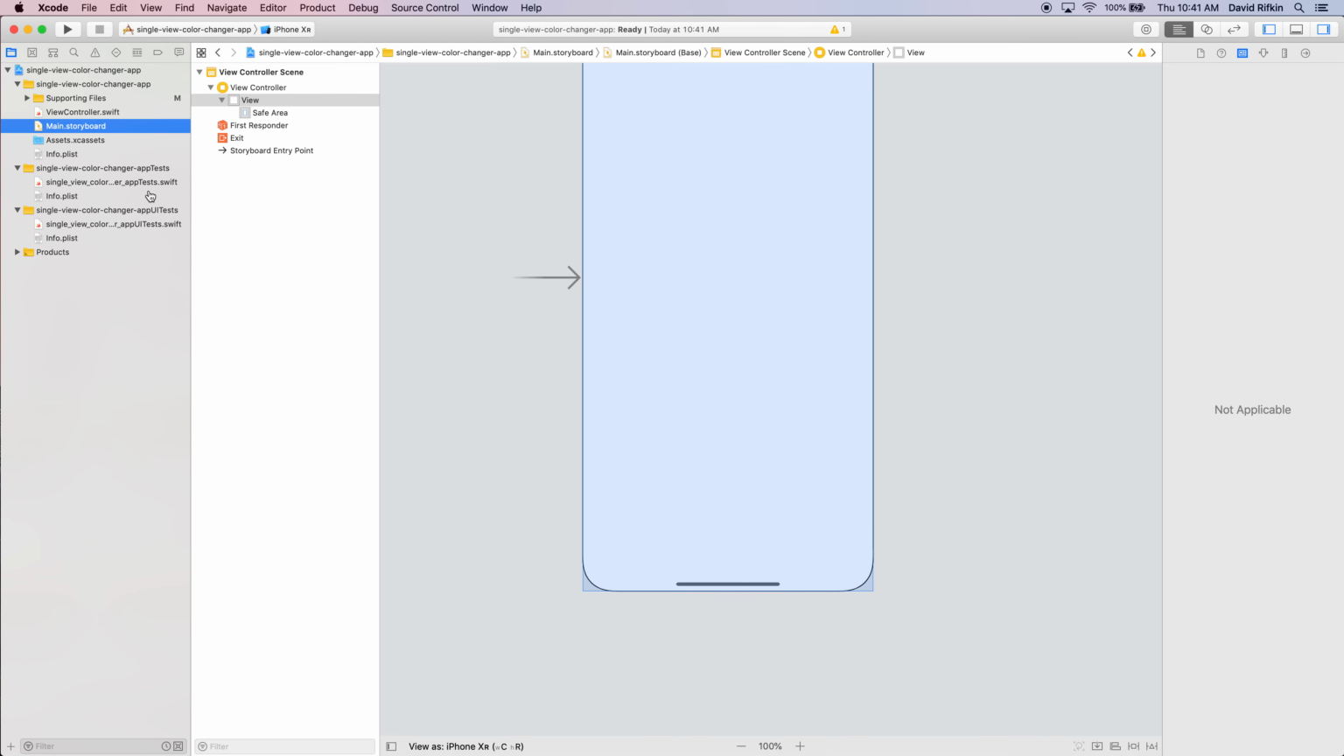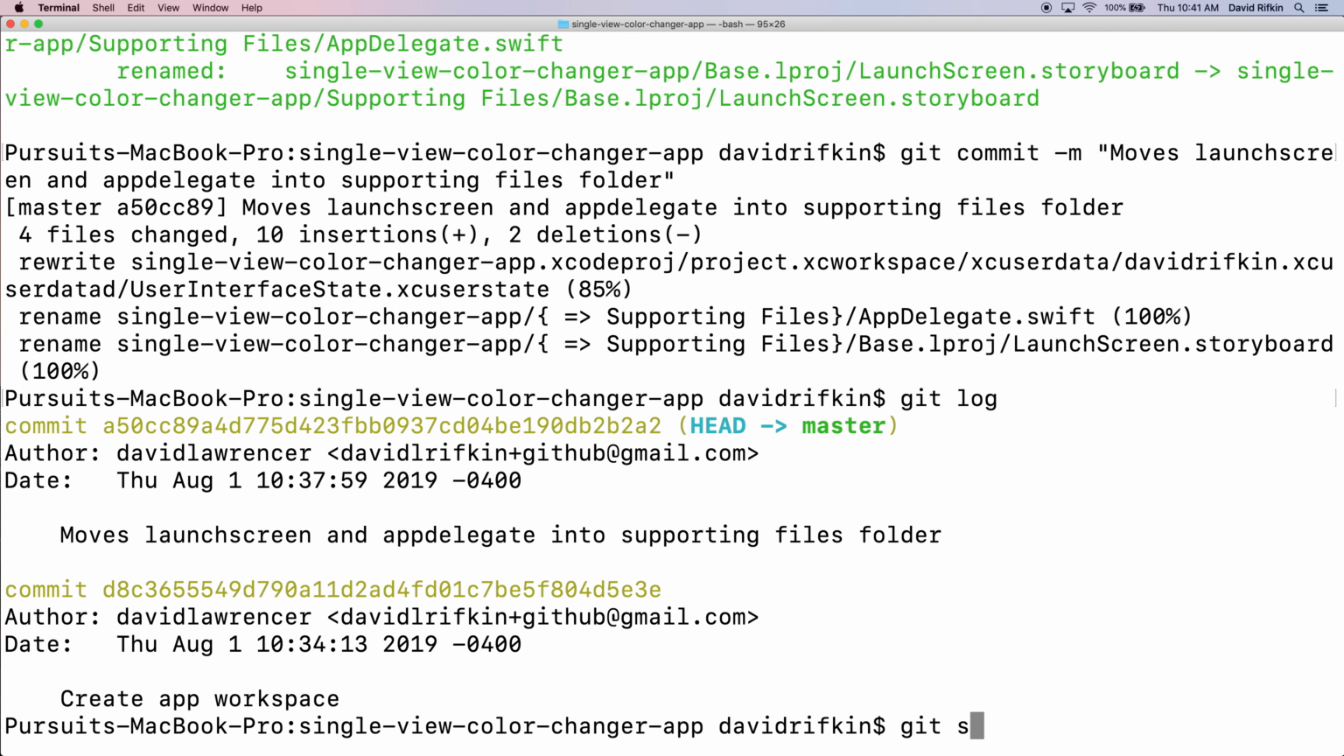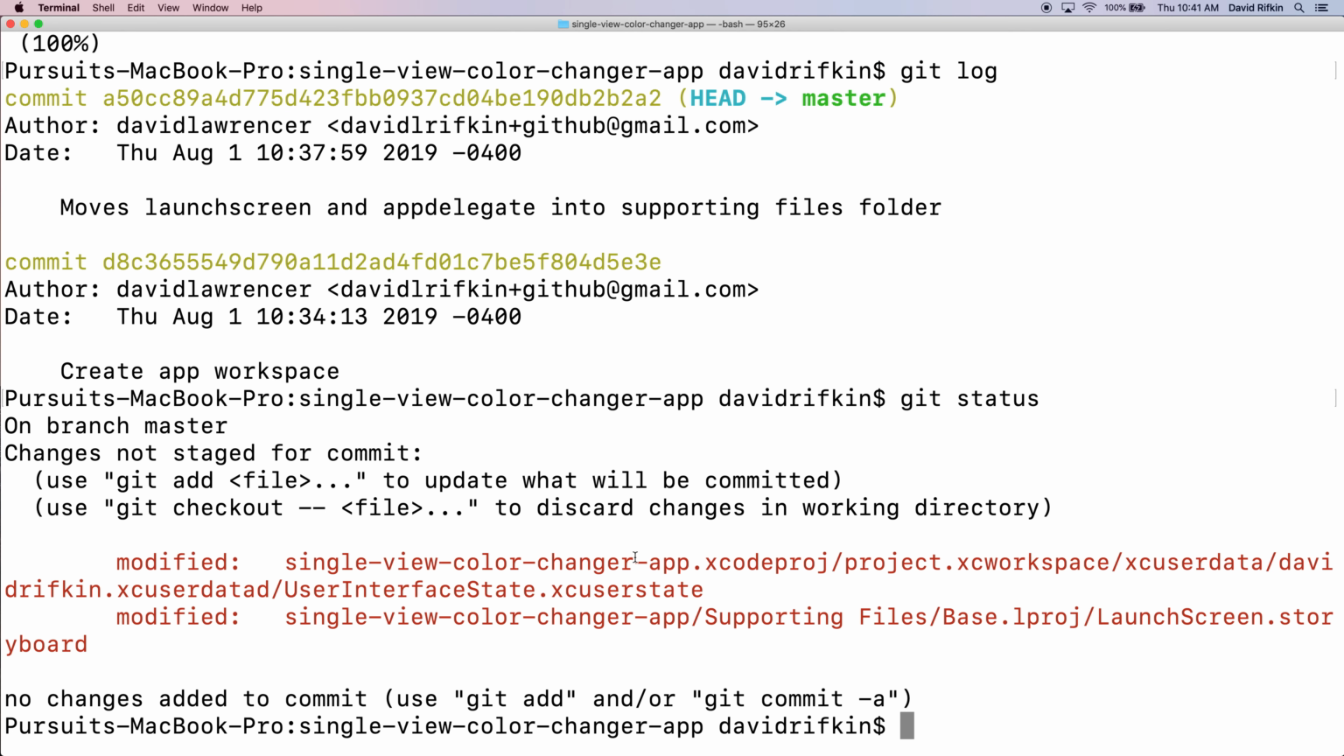Let's check my Git status now. Isn't this fun? So if I check my Git status, I see it changed a whole bunch of stuff. It changed my storyboard, and it changed something in the settings folder called Xcode user state. I don't want these changes. I want them gone. Instead of deleting them from Xcode, what I can do is I can hit git checkout